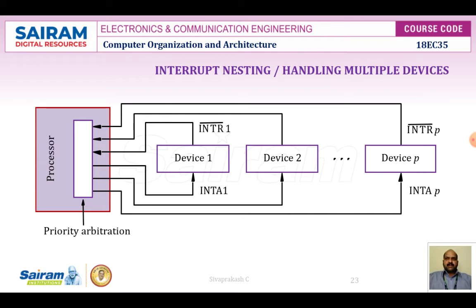Multiple IO devices can be connected to the processor and the memory via a bus. Some or all of these devices may be capable of generating interrupt requests. Each device operates independently, and hence no definite order can be imposed on how the devices generate the interrupt requests. So if two interrupt requests are received simultaneously, how do we break the tie? Simply, we're going to consider an arrangement where all devices send the interrupt request over a line, over a